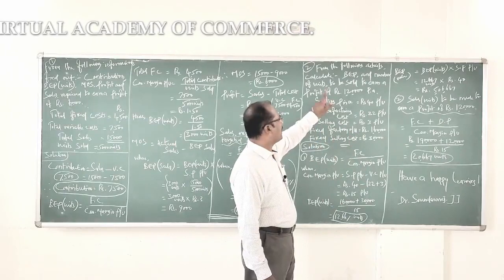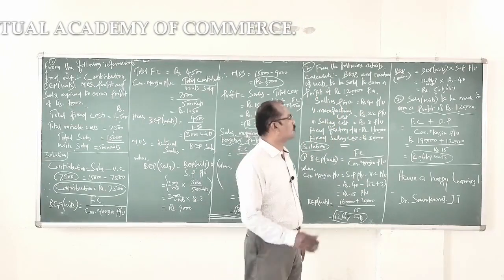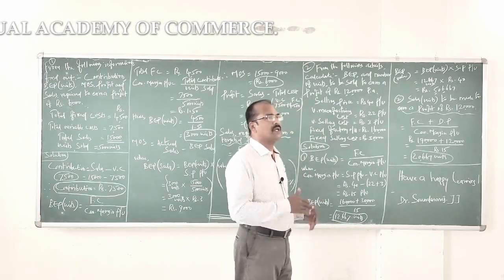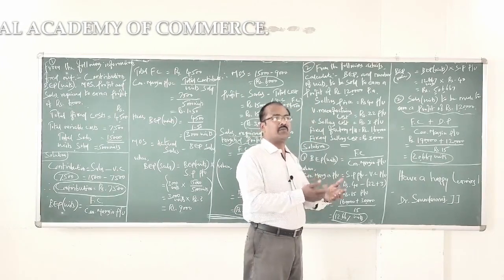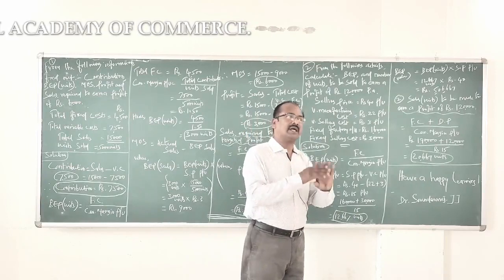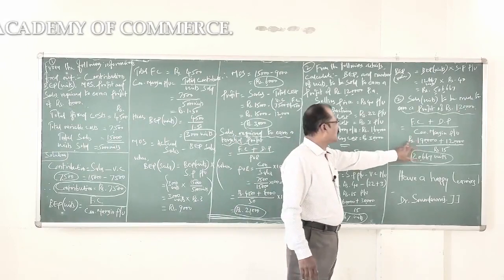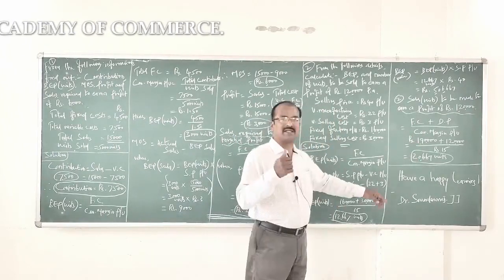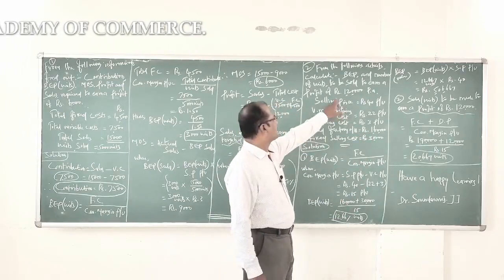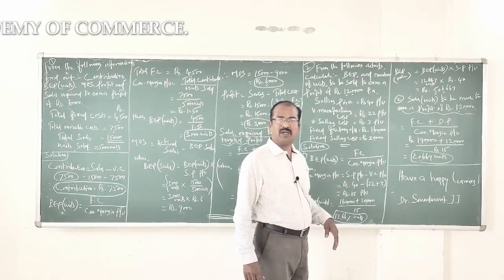Now let us get into answering requirement number 2 in this problem, which is the number of units to be sold to earn a desired profit of 1,20,000 rupees per annum. What is the formula for calculating number of units to be sold to earn a desired profit? Total fixed cost plus desired profit divided by contribution margin per unit. That's what I have written here. The total fixed cost is 1,90,000 rupees, that is already given in the problem, the total of these two, plus desired profit mentioned in the problem is 1,20,000 rupees, the whole divided by contribution margin per unit, rupees 15.